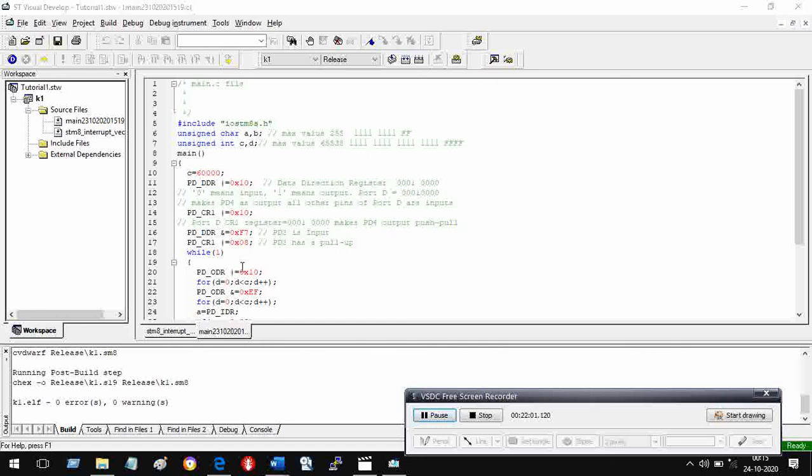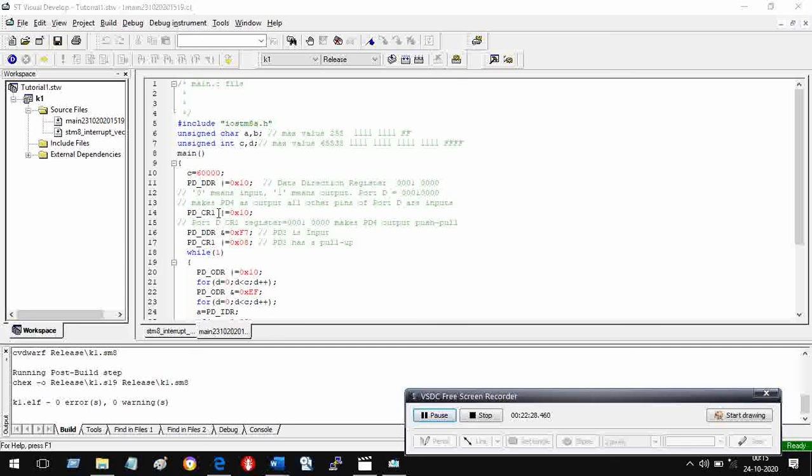Now here I have given this comment so that you can read it and remember. If you forget what I have said, you can just have a look at this. So this makes port PD4 an output. All other pins of port D are inputs, maybe or maybe not, but this is definitely an output.